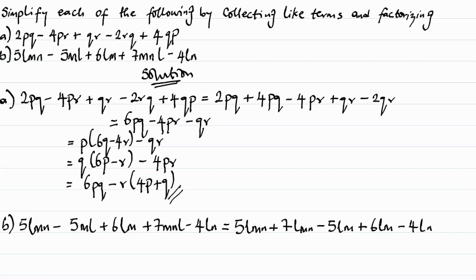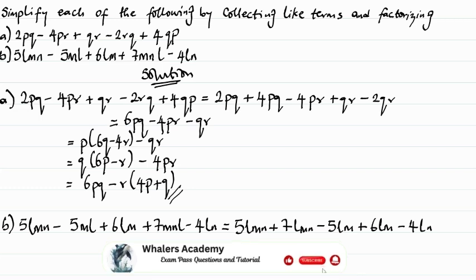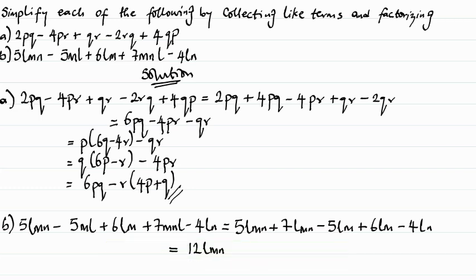4ln. Solving further, we have 5lmn plus 7lmn gives us 12lmn. Next we have minus 5lm plus 6lm give us lm. Next we bring down 4ln. Proceeding